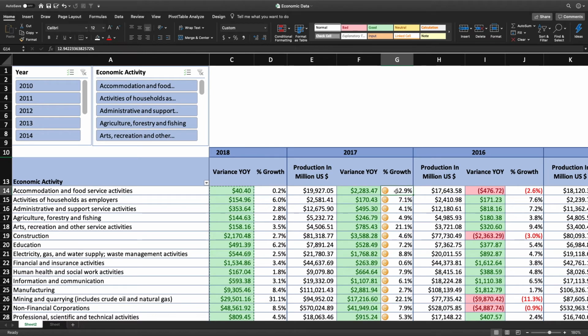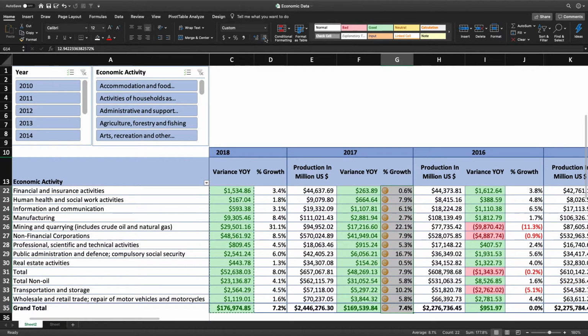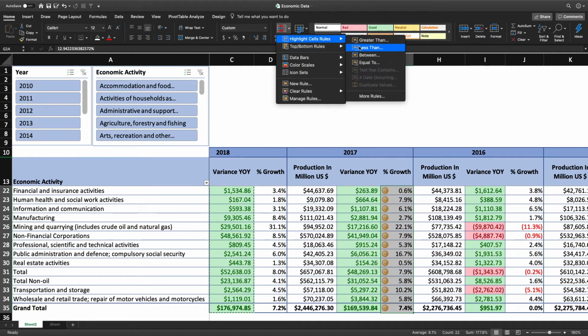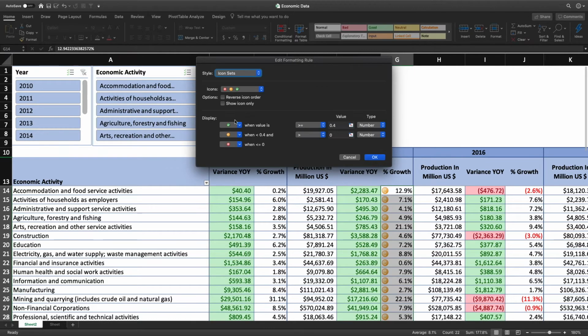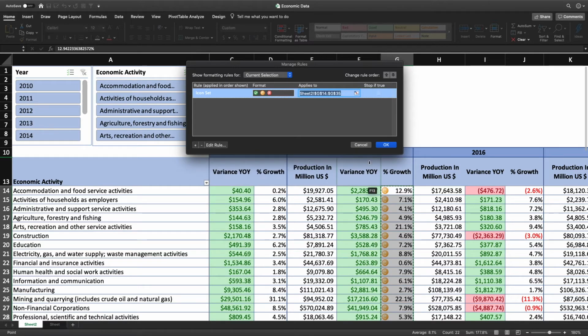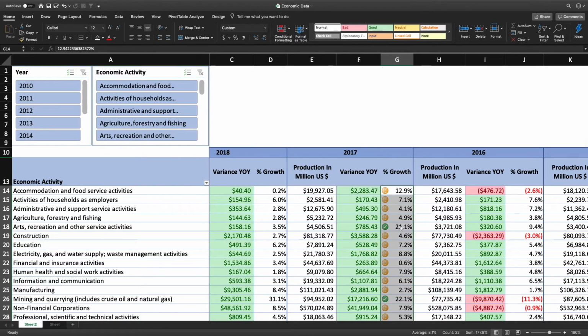Let's actually do it this other way so we can get a few more check marks in here. Let's go to manage rules so we can edit our rule. You see it has everything highlighted, and we can go here and edit rule. And instead of doing that, let's say 0.2, and we'll hit OK. And then we'll hit OK one more time, and you'll see there's a couple of check